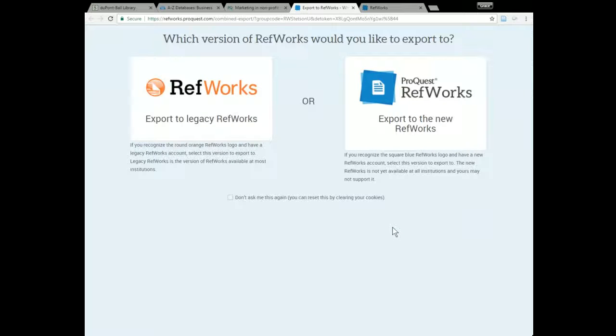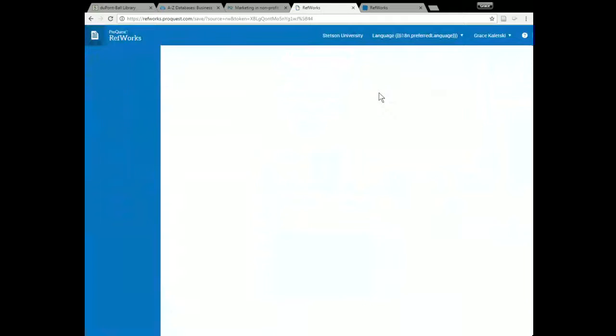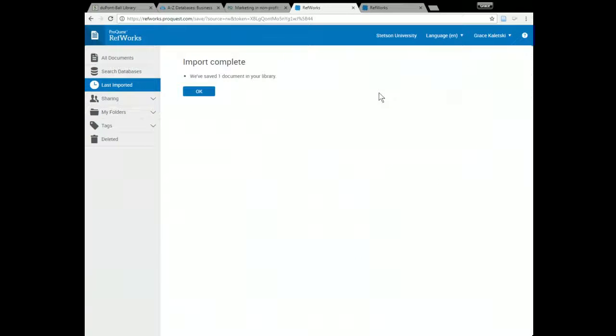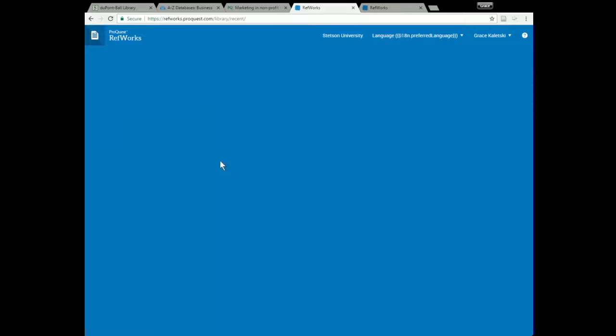A new tab is open. It's asking me which version of RefWorks I would like to export to. This black and orange RefWorks is old, and it's going to be phased out pretty soon. So what we're working with today is the blue one that says ProQuest RefWorks. So I will click on that blue icon, and here's my RefWorks account again. I'm already logged in. It says Import Complete. That means the source that I just added from ABI Inform is now saved here in my RefWorks account. So I can click on OK